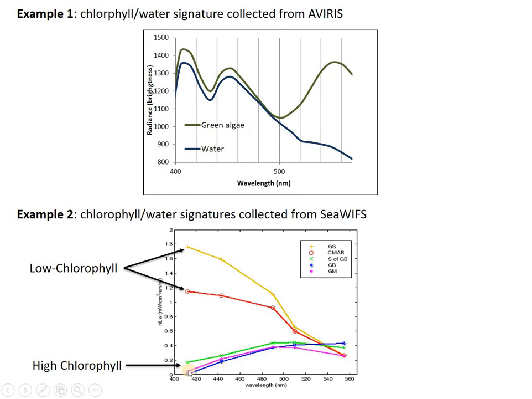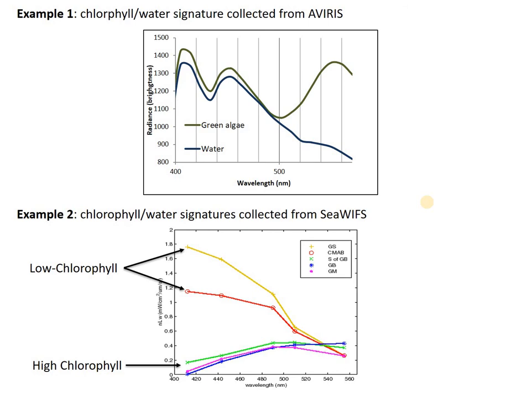And keep in mind the data points here are capturing these different points. So we're capturing one about here, capturing one about here around 440 near this peak, a couple more in here, and then we got a really important one out at 560 capturing this peak. And so we see when the sample has high chlorophyll, we end up with pretty high values out here, which are capturing this peak in the chlorophyll or green algae spectrum. So the take-home message here is that